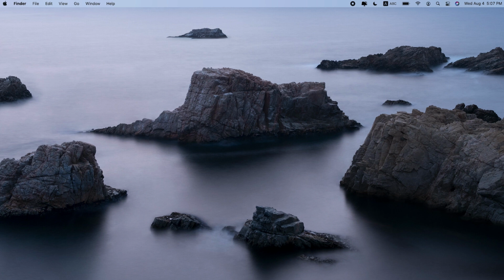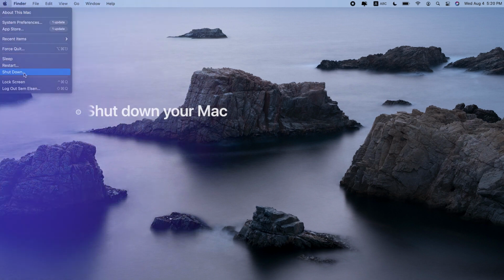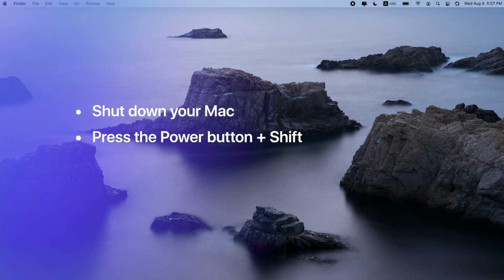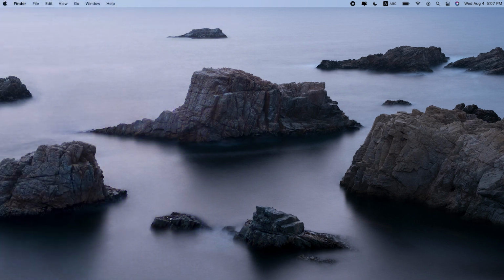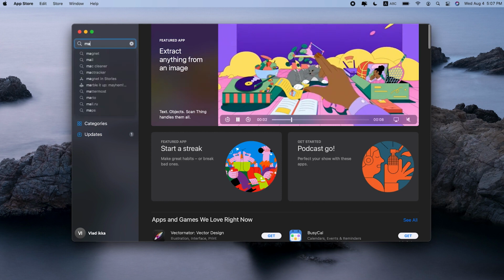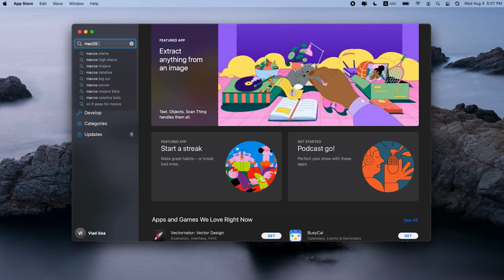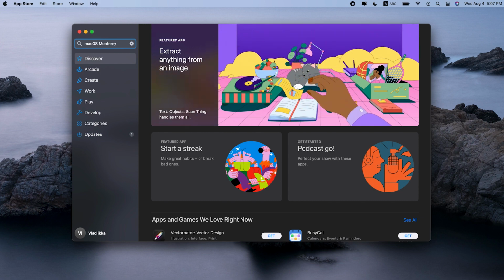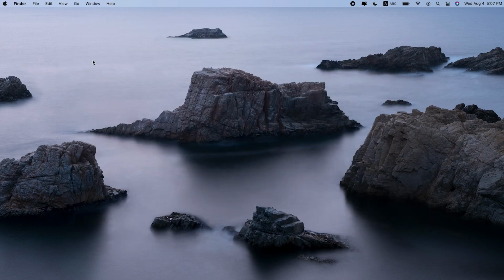Safe Mode switches off some startup apps that may mess up with the installation. Shut down your Mac and wait for 10 seconds. Press the power button and hold down Shift. Release the key when the login window pops up. While in Safe Mode, go to the Mac App Store and try downloading the update one more time. There are situations when important installation packages are missing or your system isn't configured to install macOS Monterey. For example, when your drive is formatted in the wrong format.